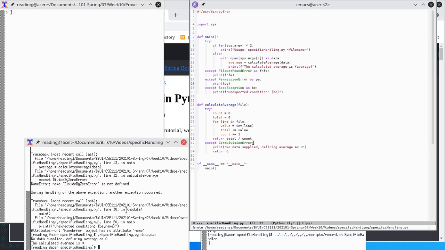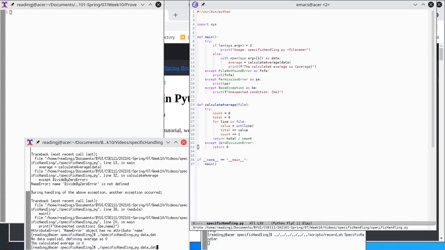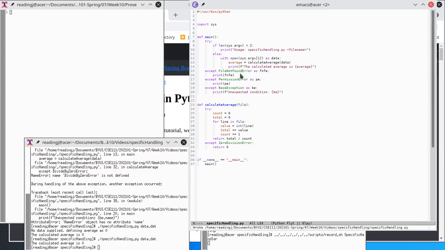instead of getting an error, and I printed out this snarky message, but I really normally would not want to do that. I just want to quietly handle the condition so that the user never sees an error. The calculated average is 0 when there's no data. Now, mathematically, that may not be the best thing to do, but what I'm trying to show you is I could have a 0 division error up here, but that wouldn't be very useful. It doesn't tell me any more than this print statement does.